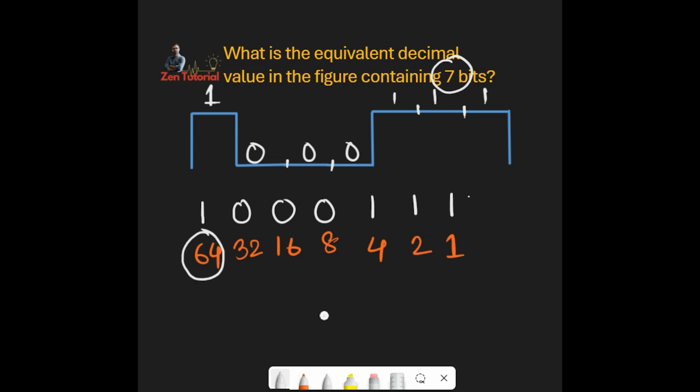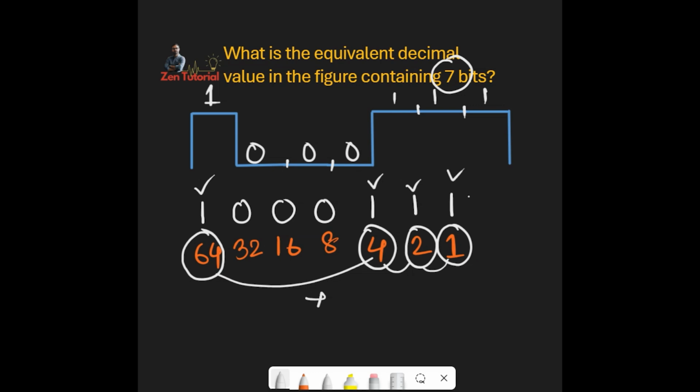Of course, 64 because of this 1. Of course, 4 because of this 1. Of course, 2 because of 1 and 1. So if we sum up these 4 numbers, we'll get the very important number for Bangladesh, that is 71. So this is the decimal value